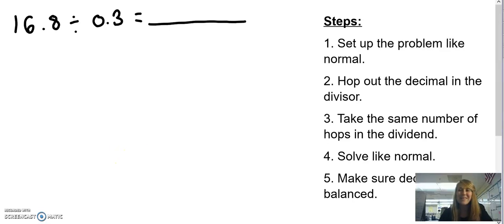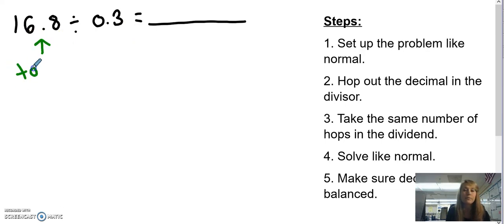Hey friends, in this video we're going to be dividing a decimal by a decimal using partial quotients. The very first thing I'm going to do is label my equation so I know what the equation is asking me to do. So in my equation, 16 and 8/10 divided by 3/10, I know that 16 and 8/10 is